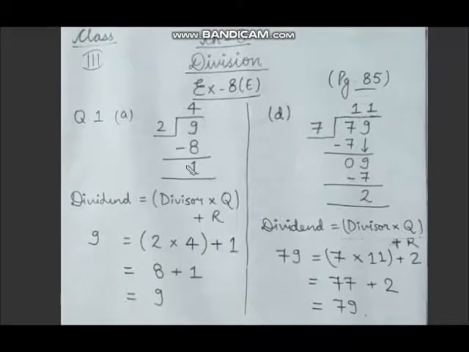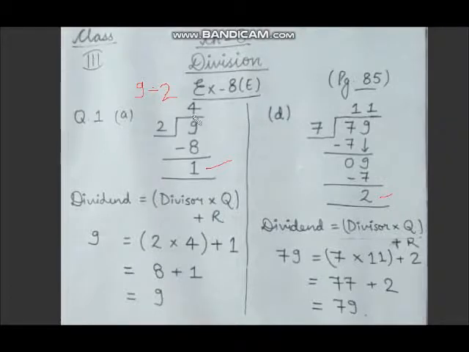Now there are some questions in which there are some leftover numbers also. So in this one, for example, we have to divide this 9 by 2. अगर हमें 9 को 2 से divide करना है, the procedure will be the same. Procedure जैसा अभी मैंने बताया आपको same रहेगा. So in the table of 2, 9 never comes. But इससे हमें एक छोटा digit देखना है. And that smaller digit is 8 that comes 4 times in the table of 2.